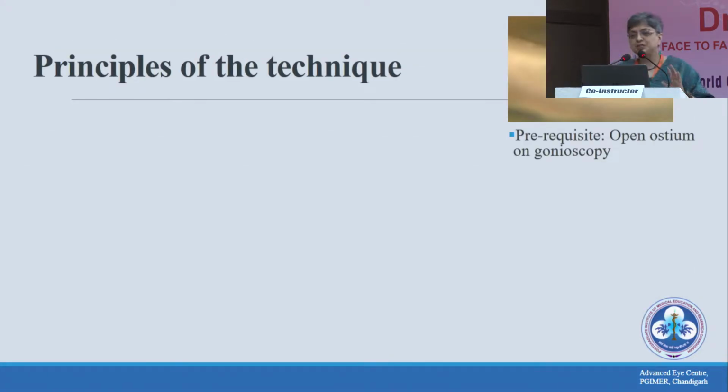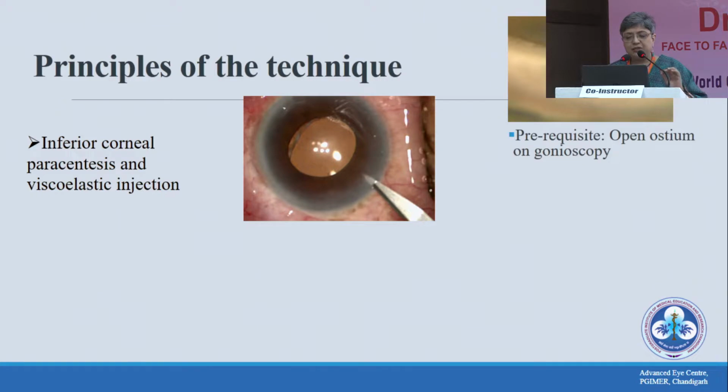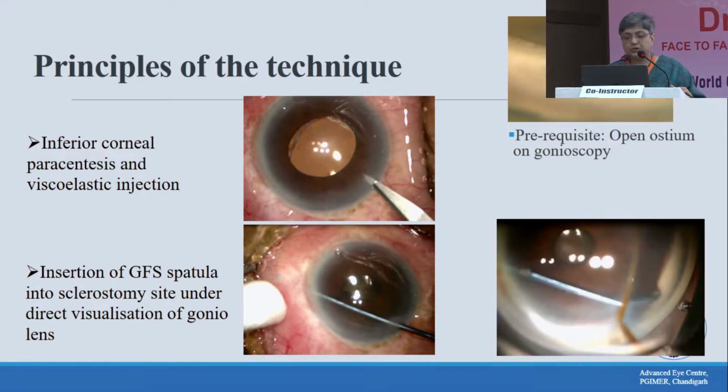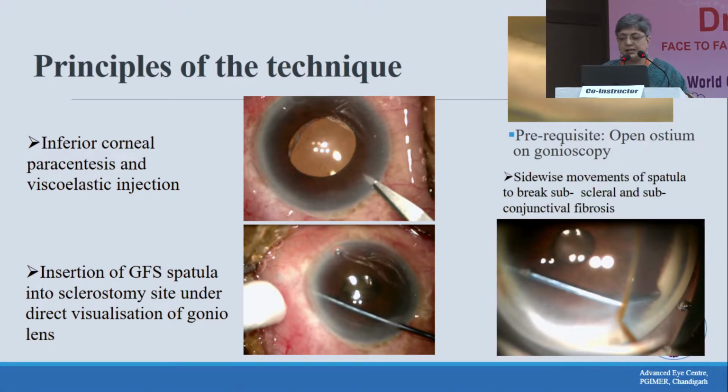So these are the principles of the technique. You require an open ostium on gonioscopy. That's the prerequisite. And then you need an inferior corneal paracentesis. You inject viscoelastic to protect the cornea. You insert the GFS spatula under visualization of an indirect gonioscope, and then with side-to-side movement, you can lyse the